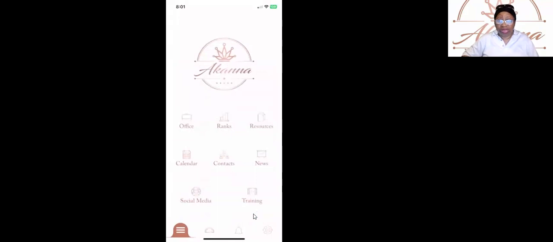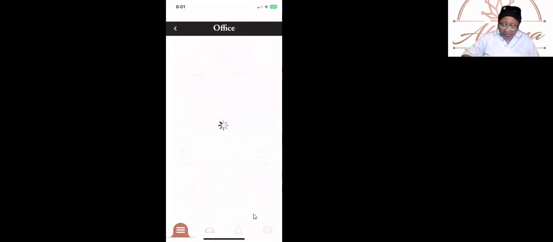And then the last thing that I wanted to cover, which is the first thing you see on the app, is Office. I made it last because it's just your site. It goes directly to your website. So now when you're ready to shop, when you're ready to sign somebody up, if you want to use your phone, y'all know the hassles we had before with things looking so much different on our phones.